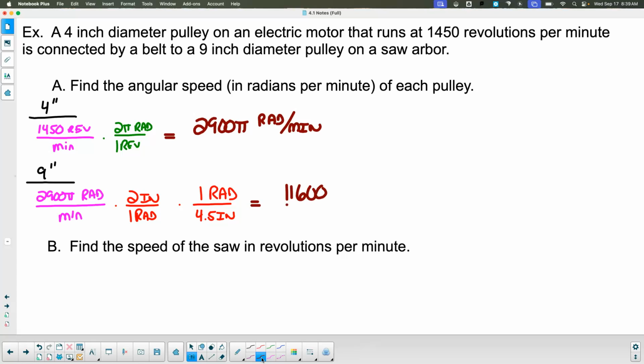Oops, I forgot pi. Radians per minute. If it was a decimal, it would be approximately